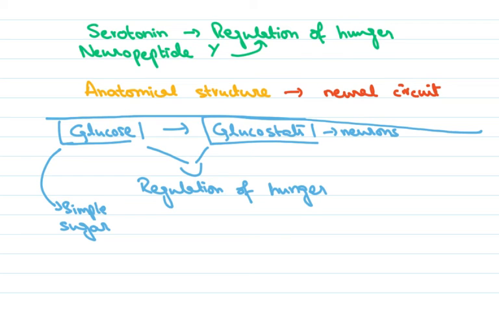But this also is not a complete view, because what you see is that glucose levels do not shift very dramatically over even the course of a day, and therefore you cannot explain why a person would feel hungry multiple times during a day through this theory alone, right? So this is also an incomplete theory. Then you also have the role of certain hormones such as insulin and something that we call leptin, right?